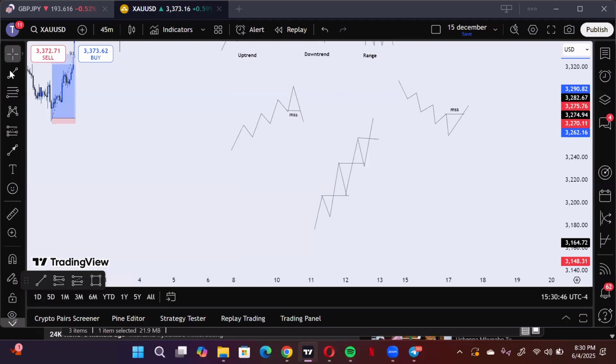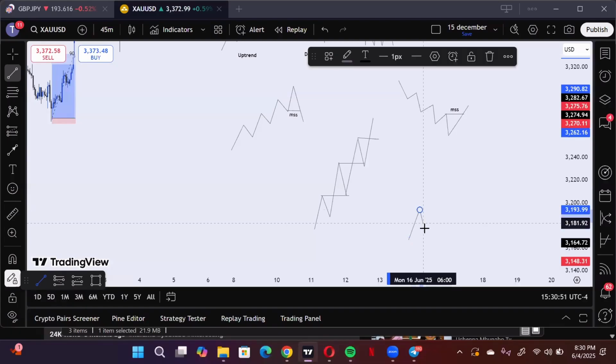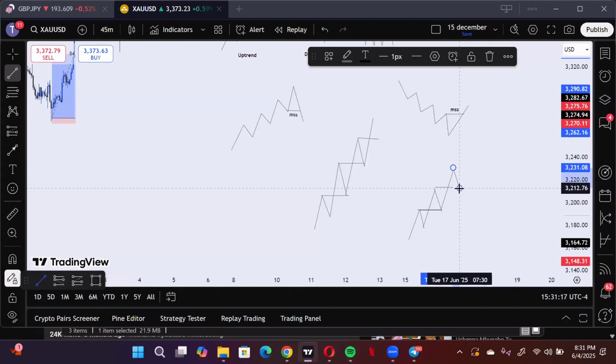Let me come back again. If market makes a higher high, comes down to make a higher low, the last high in the market is what? A key level. The key level there is a resistance. If market goes up and takes out that high, then this is what you call a break of structure right here. The market comes down again, makes a new higher low. This last high in the market becomes what? Another key level. So market going to take out that high now is what? Another break of structure. Then price comes down again and makes a new higher low. This last high in the market becomes another